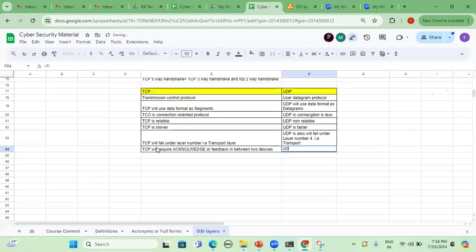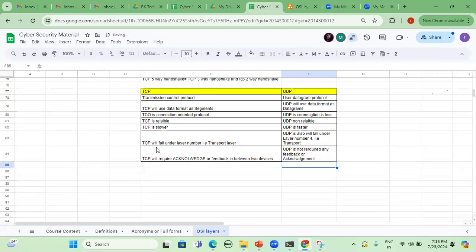But UDP does not require any feedback or acknowledgement. So that's all about overall what is TCP versus UDP.